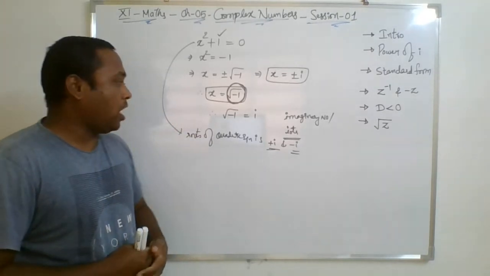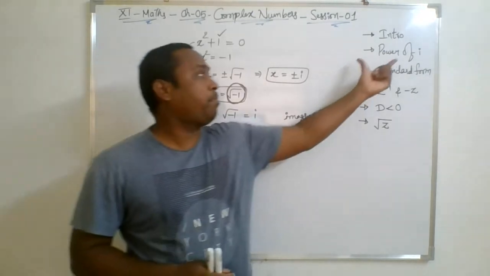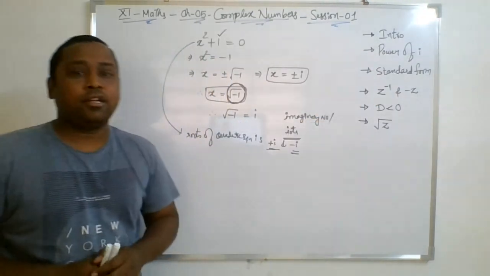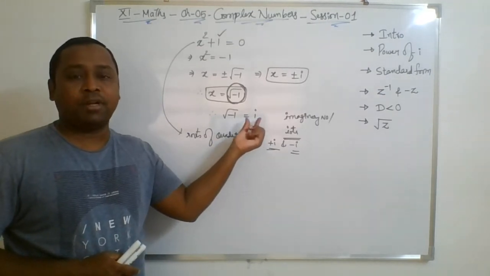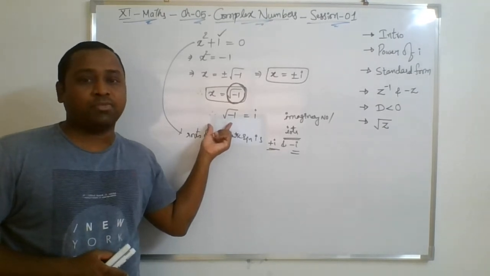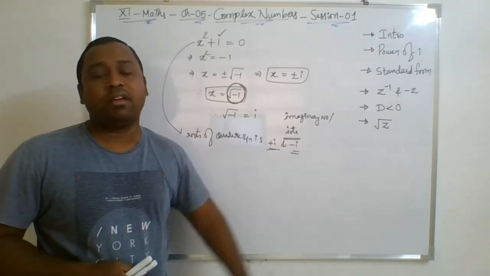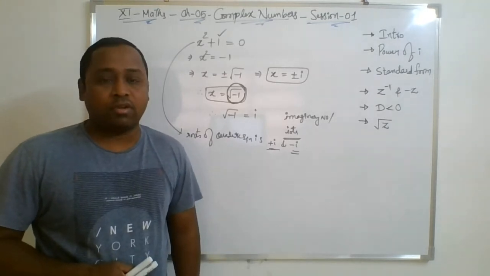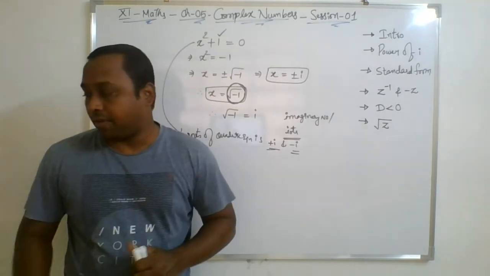Fine. So now first we are going to understand the power of I, right? So what is I here? Basically, when you say I in this chapter, I stands for iota. Wherever under root of minus 1 comes, we'll simply replace it with I and solve the equations. Okay. So let's try to understand the power of I first.